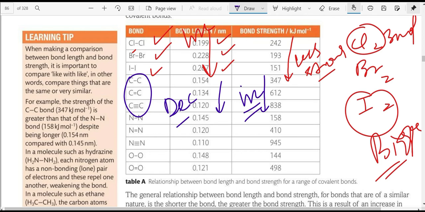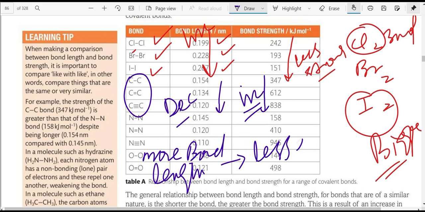So what is the conclusion? More bond length needs less energy, and they are inversely proportional. Okay,